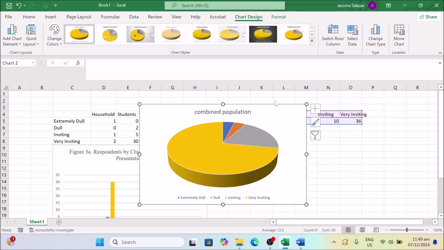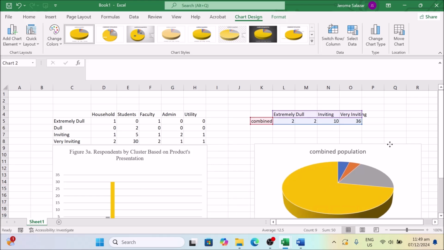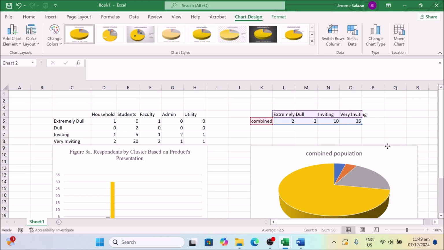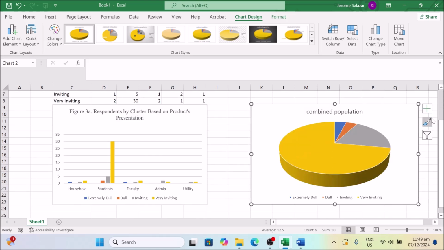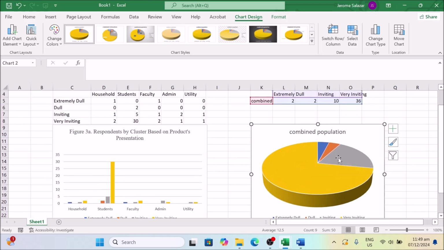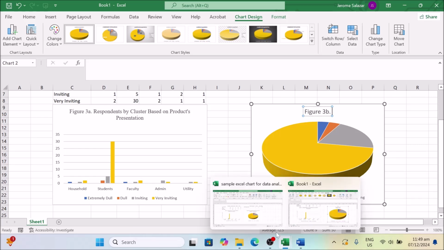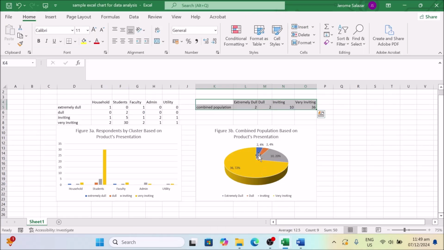So again, we'll just transfer this one here. Make sure that the two illustrations are aligned. There you go, and then decrease it. Okay, decrease the size. Okay, they are aligned and they are of the same size, I guess. So we'll just change the title to the combined population and then change this to Figure 3b. Figure 3b is, let me just check the one I prepared a while ago, combined population